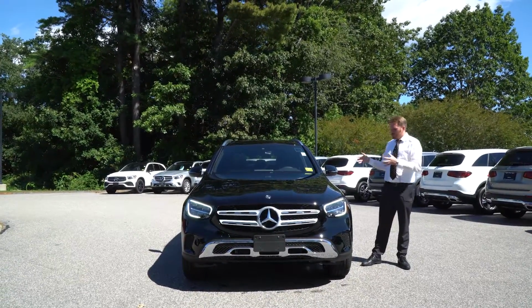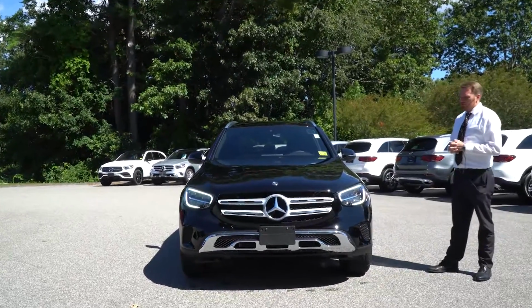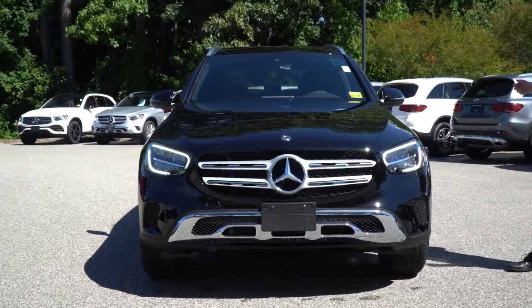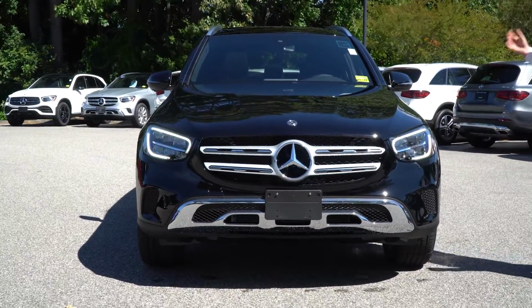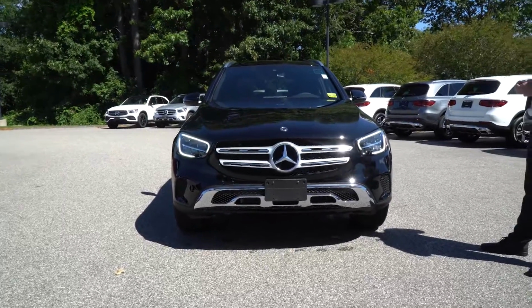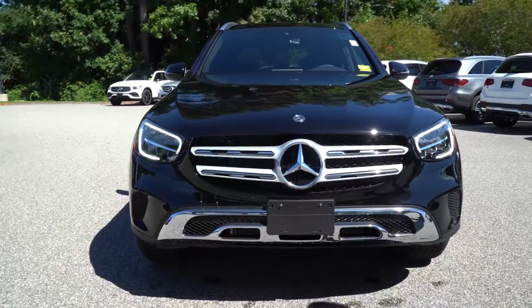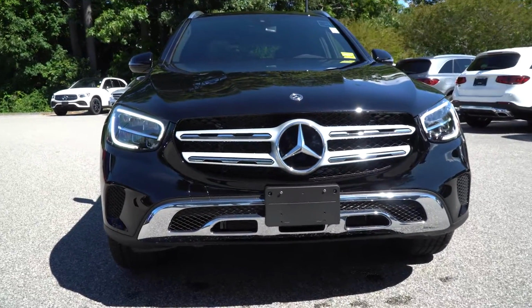You may not have seen the new one, so what a great opportunity it is for me to show you the 2020 GLC 300. This one is black, of course, and it does have the black interior, black seats, MBTEX. We'll start right up front, and you can see behind that Mercedes-Benz emblem, the silver star